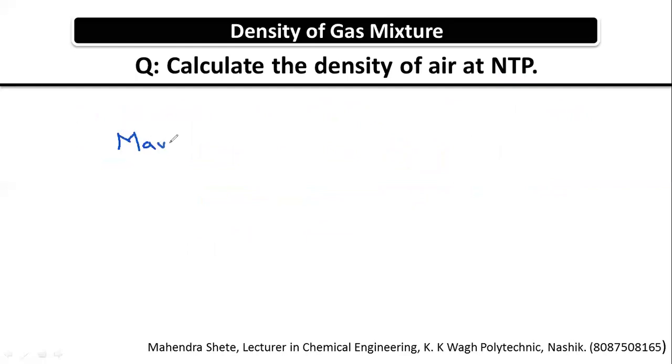So M average of air is equal to summation of xi mi, where i is equal to 1 to n. As the gaseous mixture is air and air contains two components, oxygen and nitrogen, we will take